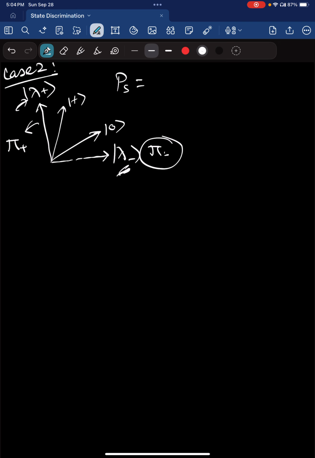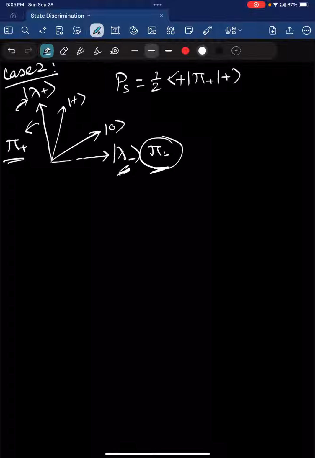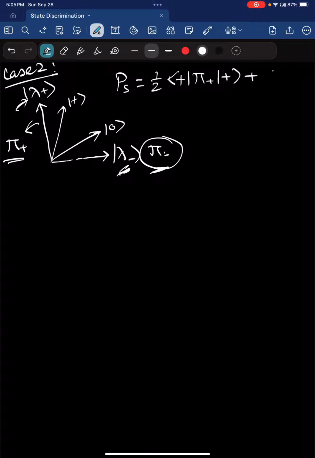So this is our goal. Now the probability of success here is, of course, when you have the plus state with the probability half, then you want it to collapse in this projective space, right? So that's why you basically have this, and when you have this one, so this is basically